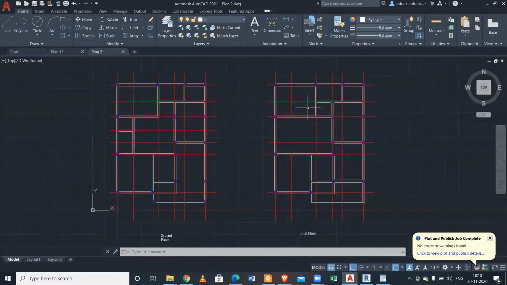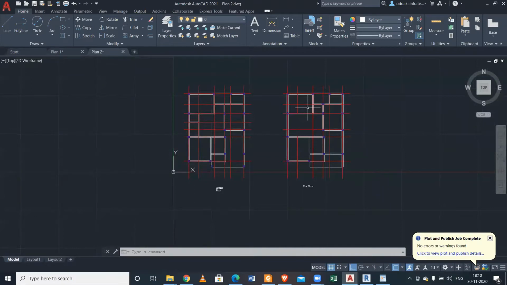Which one was the plan? Can you tell the name of the client? This one, plan B. It is Sudhanshu. Yes, there was no wall. Okay, Sudhanshu Behra.